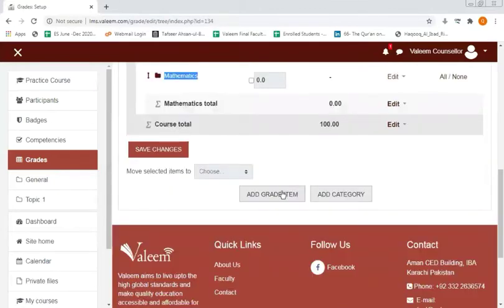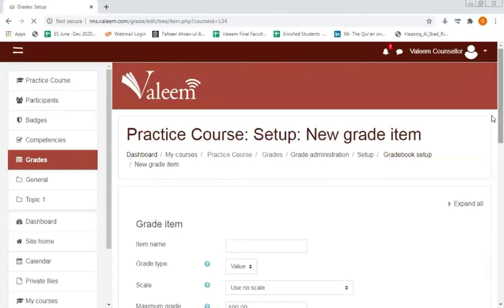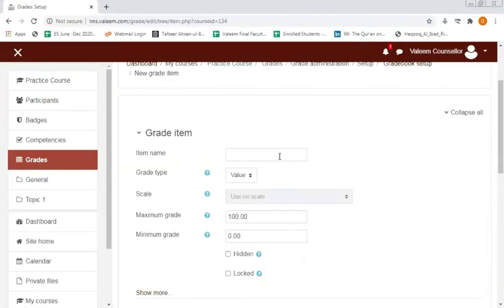and now I can add any activity that I've taken in this particular course or subject. That can be the quiz, assignment, exam, etc. So I am making it quiz, and then I can add the maximum grade as well. So I am setting the maximum marks to 30,